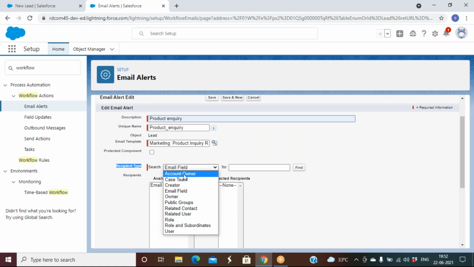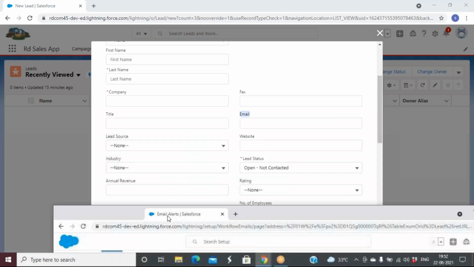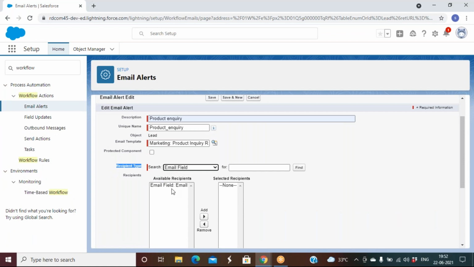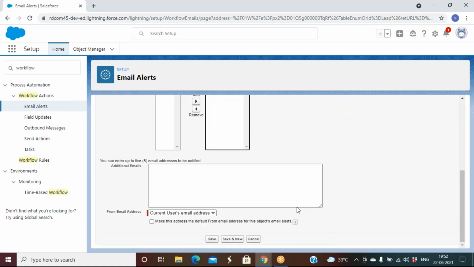See, you can send an email to account owner, case creator, owner, public groups, roles, and users. No, I want to send it to the email field. When you select an email field in the lead object, what is the email field? Email, right? So it's selected. Select, add. Apart from that email, you can also add 5 additional email IDs.